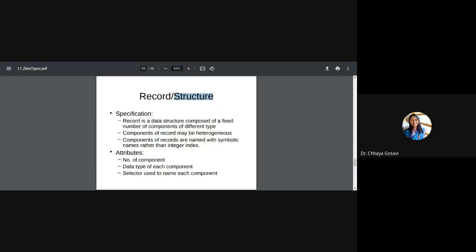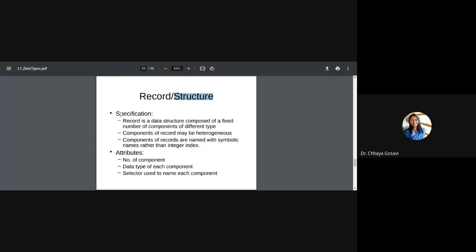This is just an overview. It is similar to a class without any functions. It's like a class, we can create a structure with heterogeneous data types. It can have integer, character, float, arrays. It can have another structure as a part of a structure, as a component of a structure also.